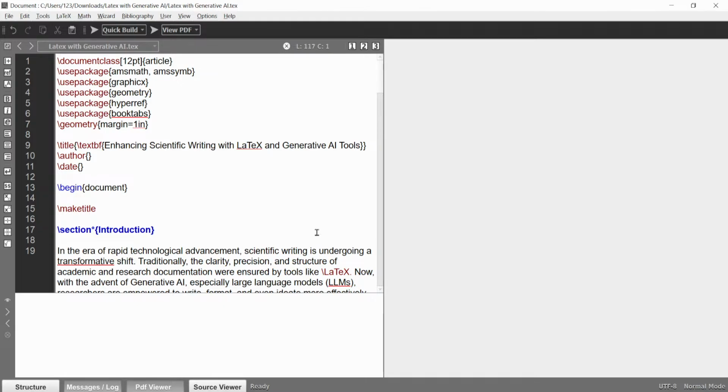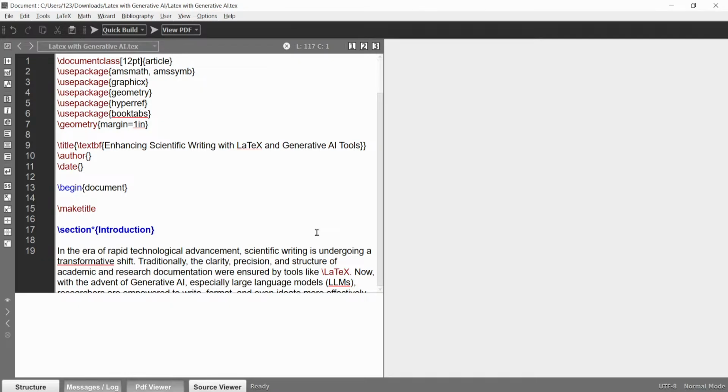Now the next important thing is that when you are using LaTeX, the files you generate will be in PDF format, so a PDF reader must be on your system.